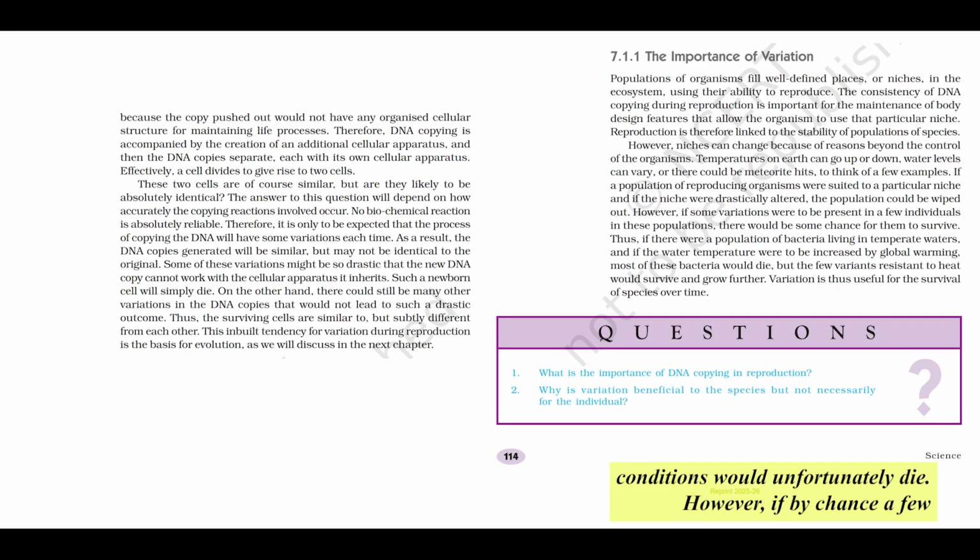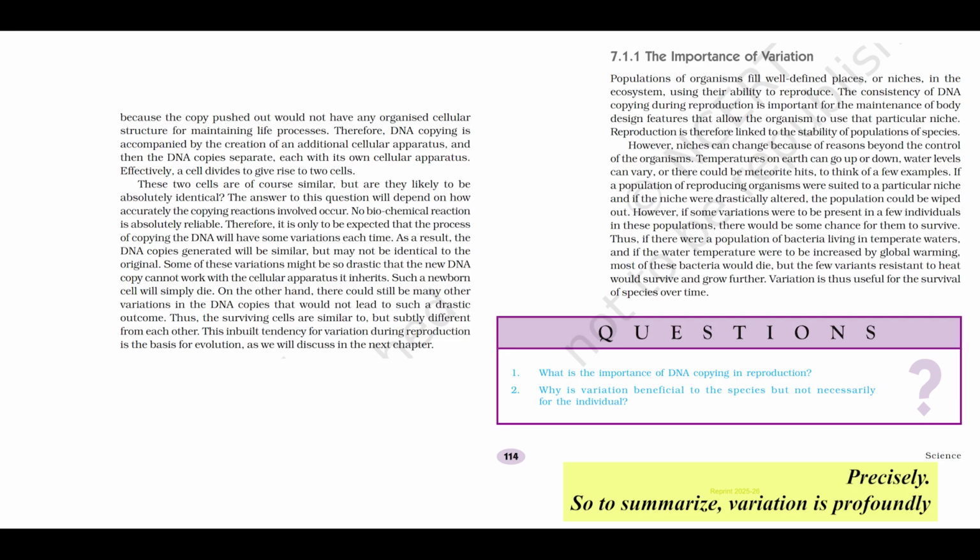However, if by chance a few individuals within that population possessed a variation that made them resistant to heat, maybe a slight modification in their enzymes or cell membranes, these heat-resistant variants would survive. They would then reproduce, and their numbers would grow, ensuring the continuation of the species, albeit with a new, heat-resistant trait becoming prevalent. So variation provides options for survival when things change. Precisely. So, to summarize,